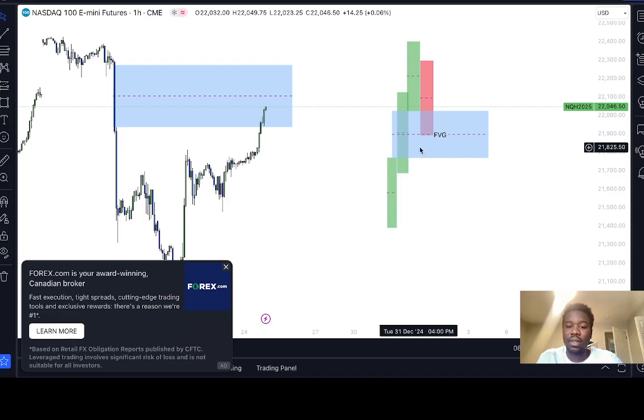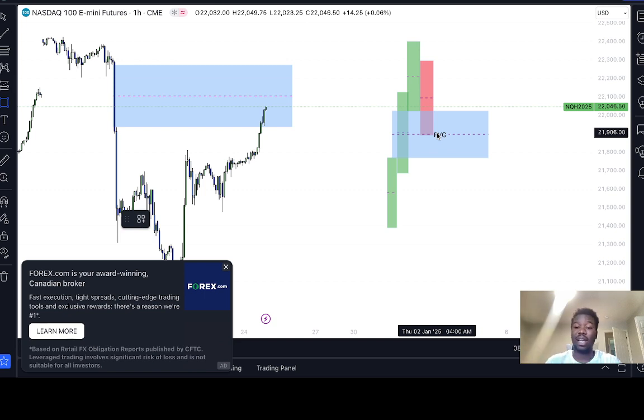Now, this could mean either of two things when price returns into this fair value gap. Price could stay above the consequent encroachment. That's a new word you guys want to keep in mind. The consequent encroachment of a fair value gap is basically just a fancy way of saying the 50% of the fair value gap. Price can also go below the consequent encroachment, and it can do either of two things. It can go below the consequent encroachment, wick up, and continue to the upside, or it can go below the consequent encroachment, close